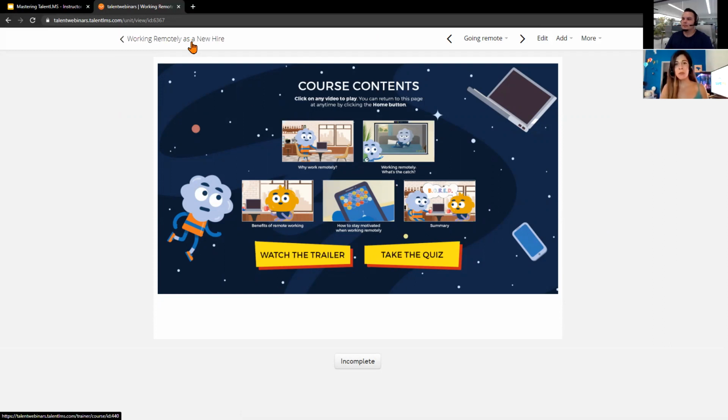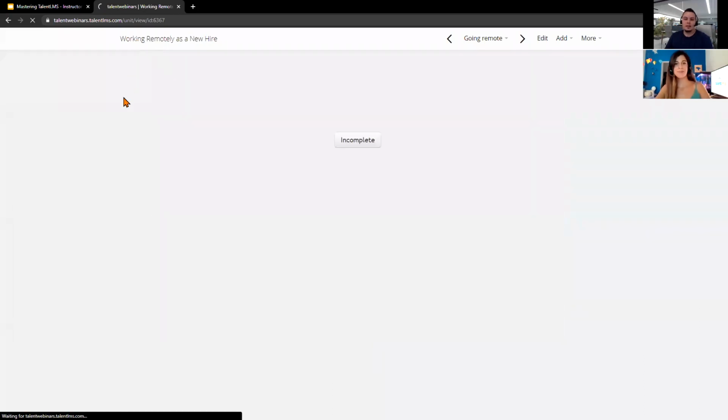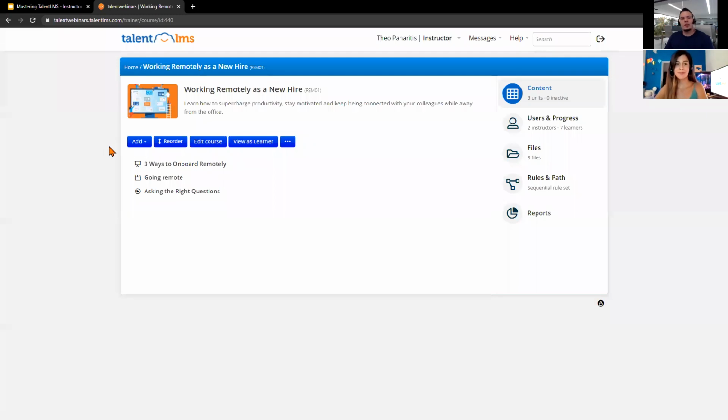Now, this SCORM file will be completed in a specific way, and that's when the unit will be marked as completed. So we're waiting for the file to be completed, and then we send the message to TalentLMS to mark the unit as complete. And after SCORM files, if you would like to find a way to bring external contents